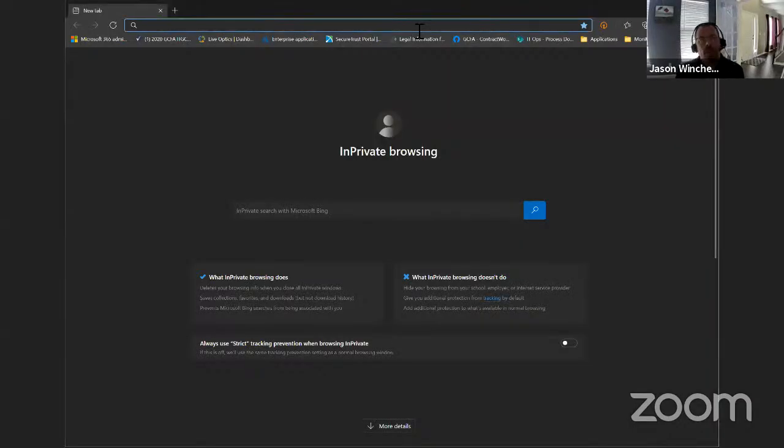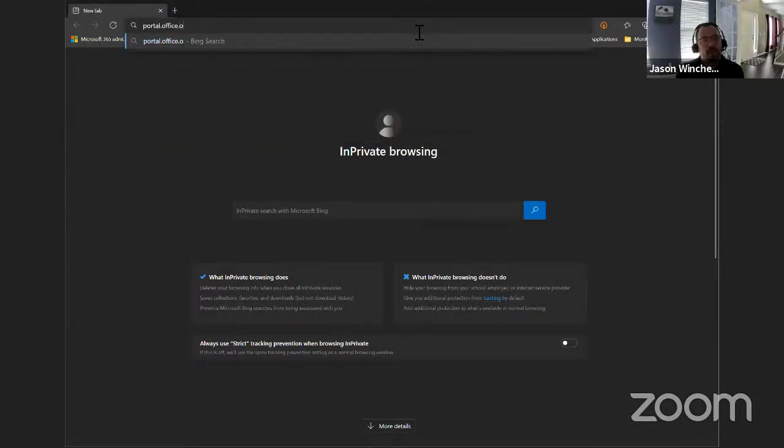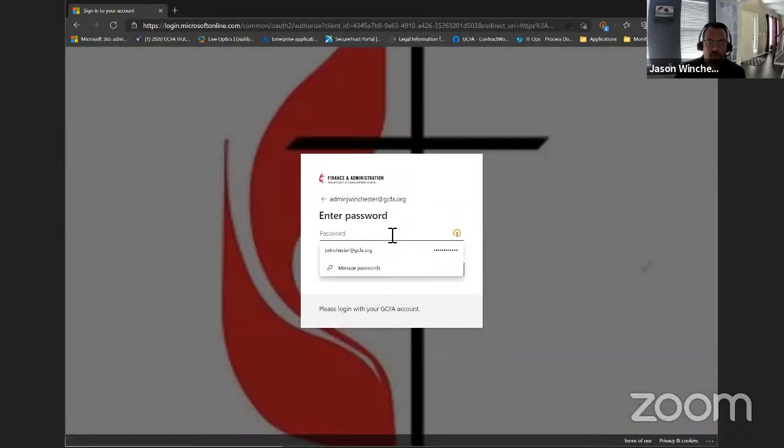All right. So the first thing you're going to want to do is go to portal.office.com. This is probably the best way to access all of the capabilities of this system. I'm going to log in with my generic account here. Now you guys will just have a username and password. We at GCFA have multi-factor authentication set up, so there will be an extra step here. You will not see that step. Bear with me while I struggle with my password.